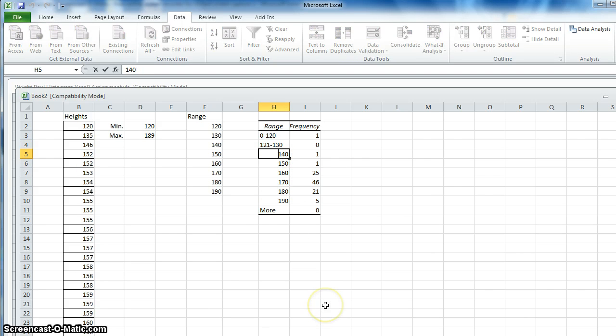Double click. This one's actually 131 to 140. Double click. This is 141 to 150. Double click. This is 151 to 160, and you keep doing this until